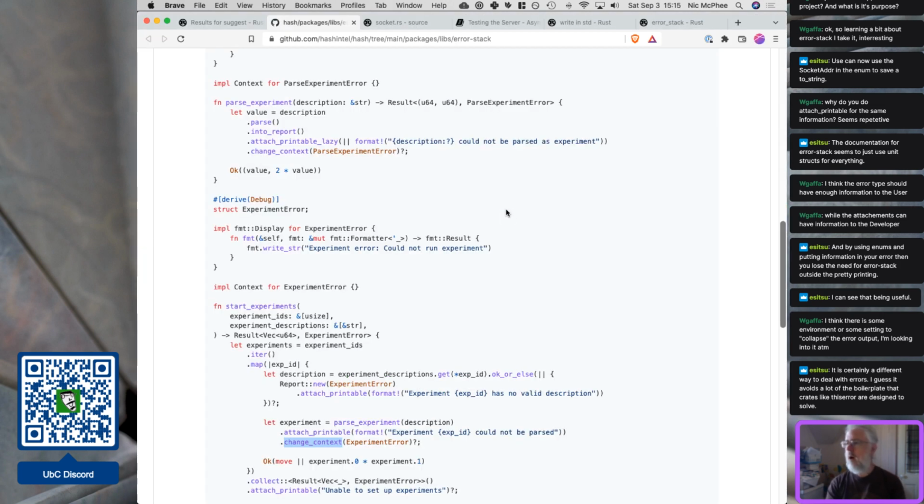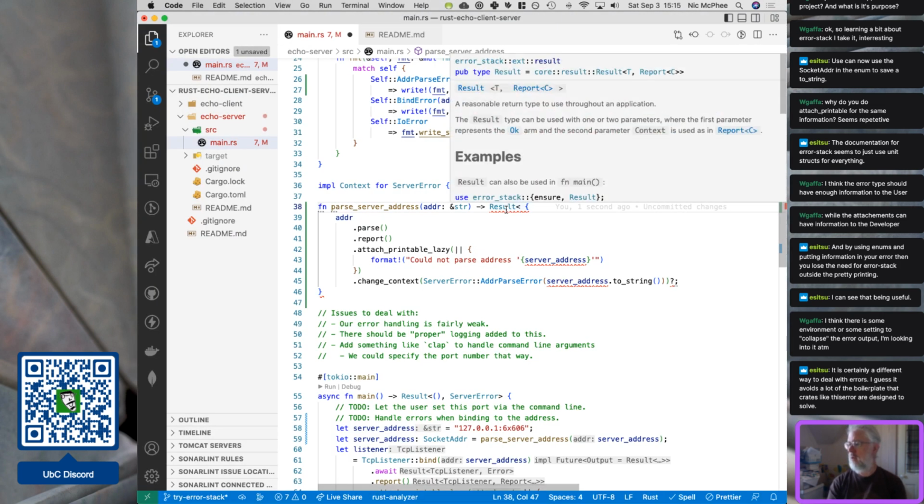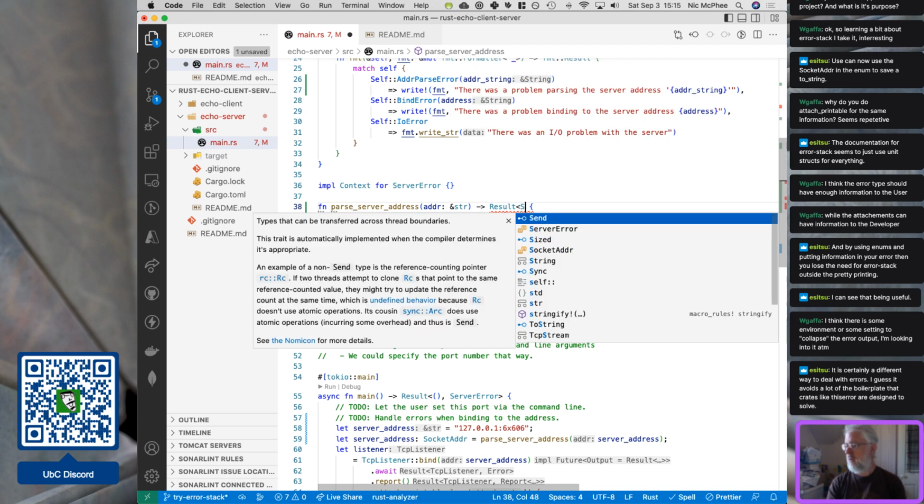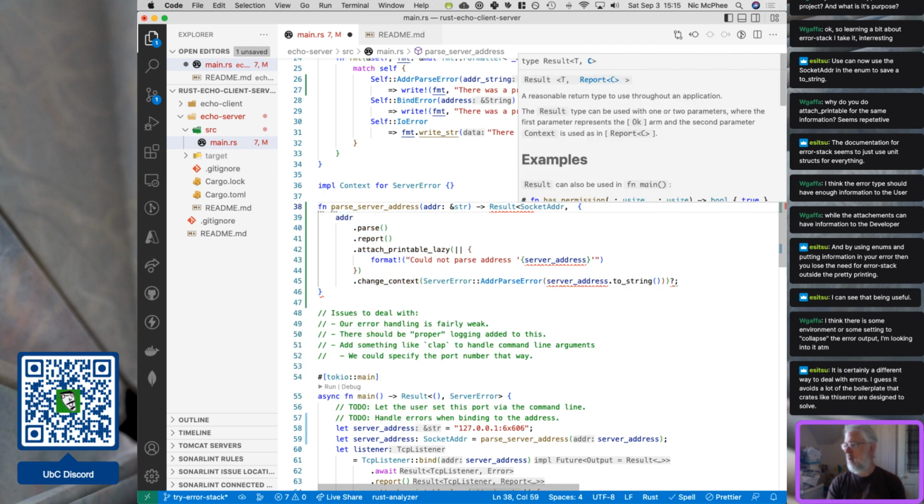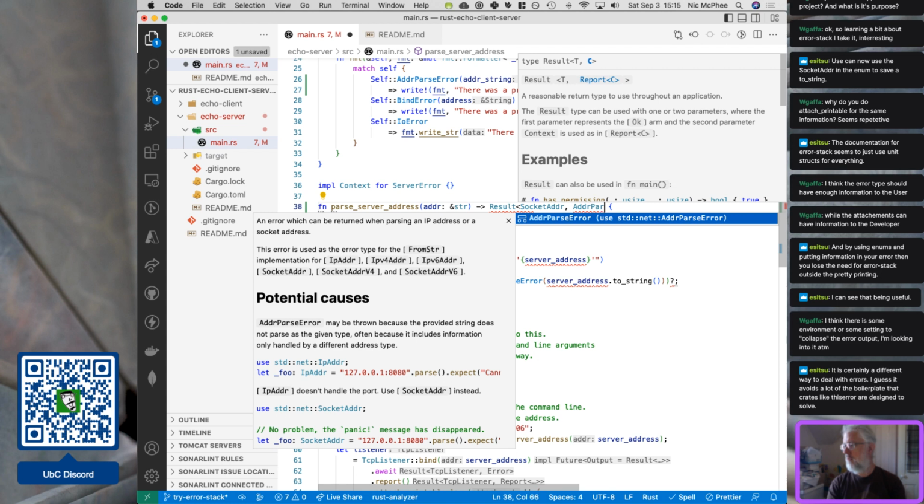Right? Parse, yeah, it returns a result that's either going to be a socket addr or an addr parse error,